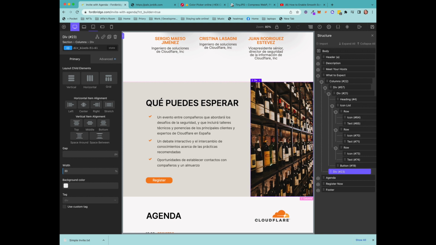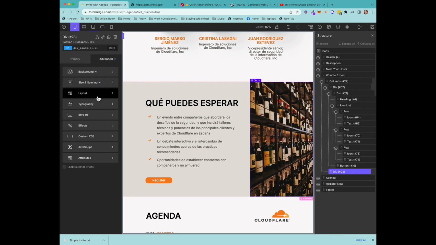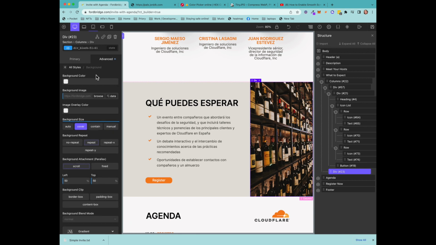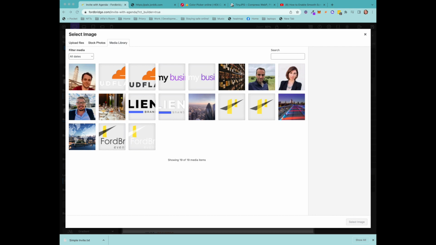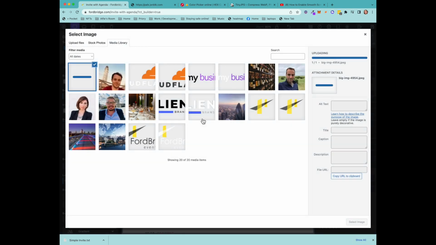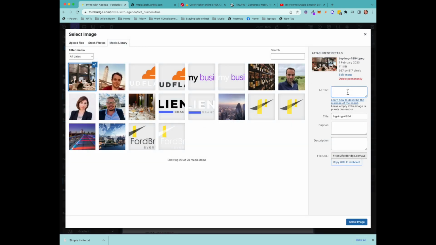So if you wanted a completely different image, you would go Advanced, Background, Image, click on Browse, and then you would drag in the image that you want to use, give it a name, select image,